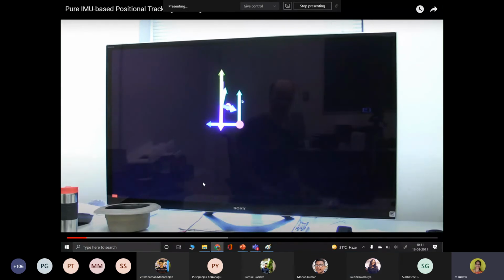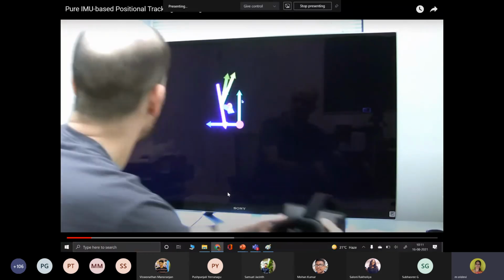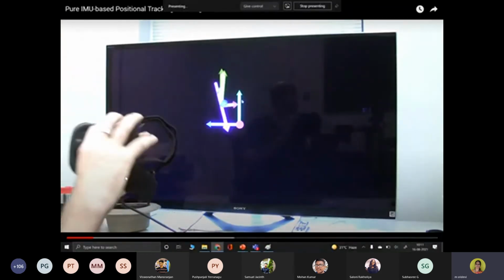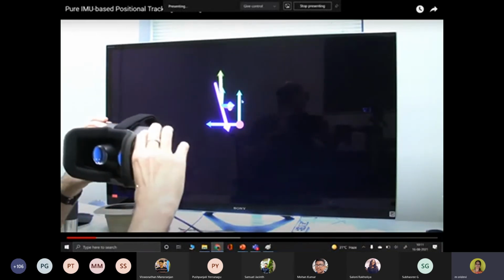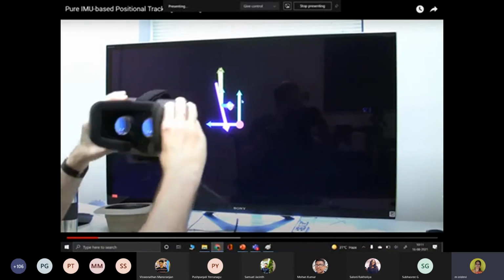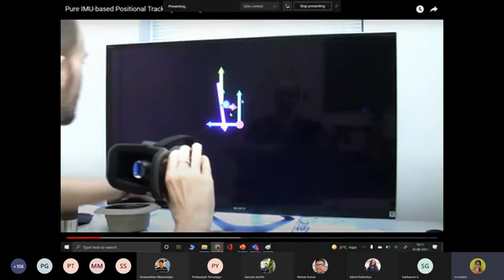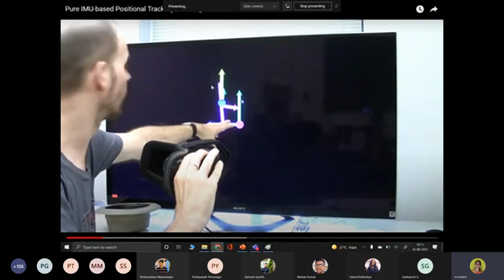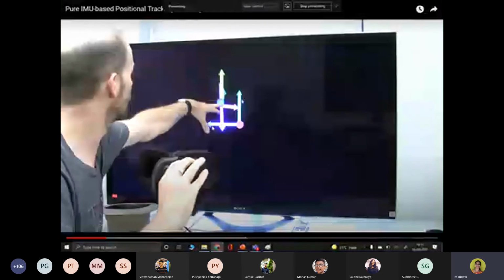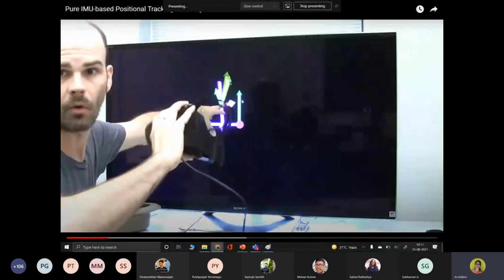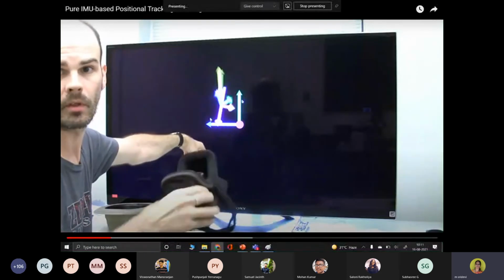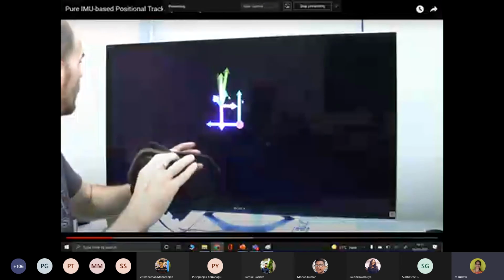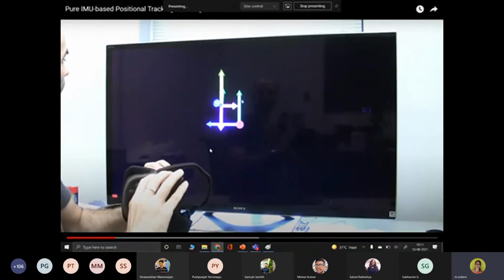You can see the person has a head-mounted device. He is rotating here and there. Can you see the difference on the screen? Yes, ma'am. When he is rotating, you can see how it is aligned with the device coordinates.